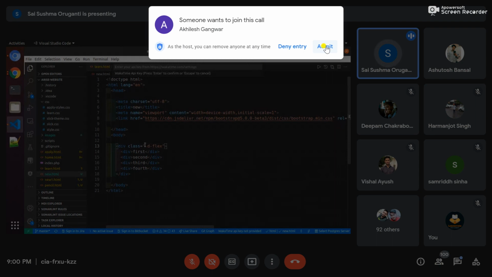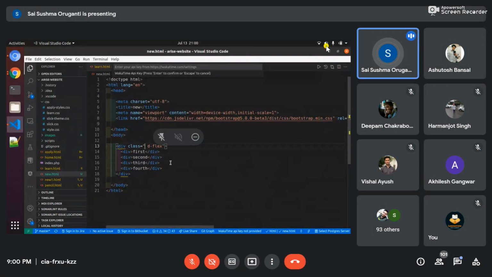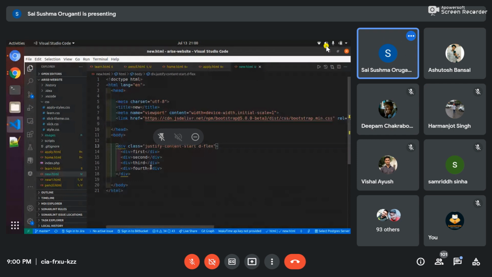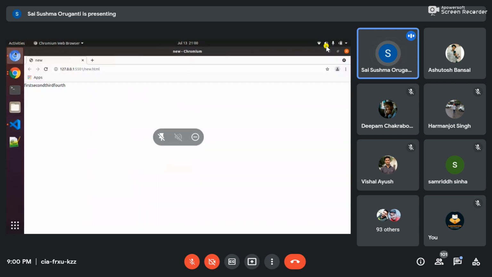So we have to use d-flex mandatorily, and inside that there is another class called justify content. There will be n number of classes. I will show you 5 classes now. Note it down if possible. These are all Bootstrap classes. You have to remember this. Justify content start. You have to use this, and if you want, you can save this. Control S is the shortcut key for saving. And if you run it, see, you can use first, second, third, and fourth. These are all aligned here. By using this also, you can write here.